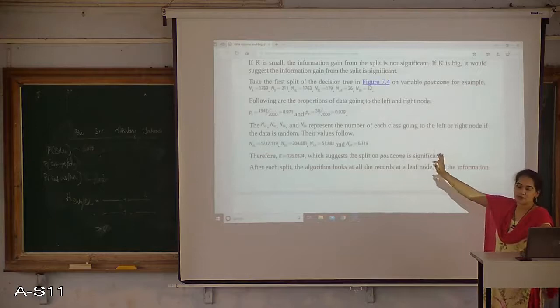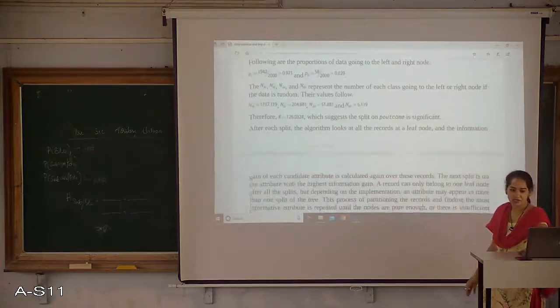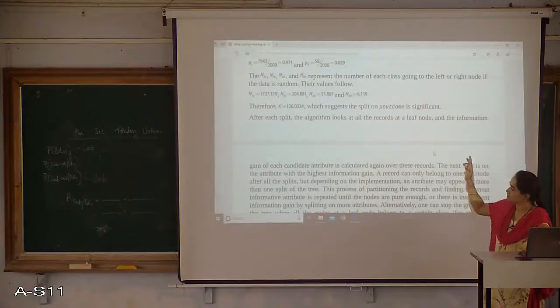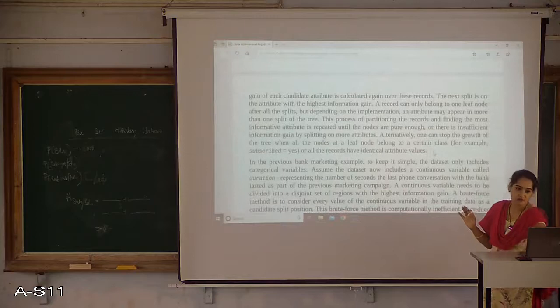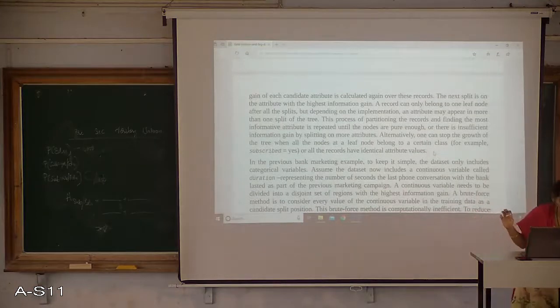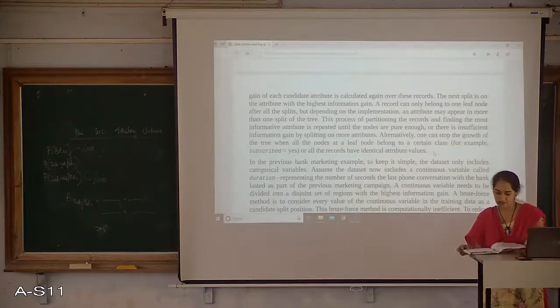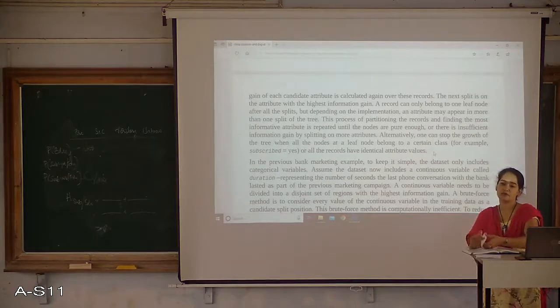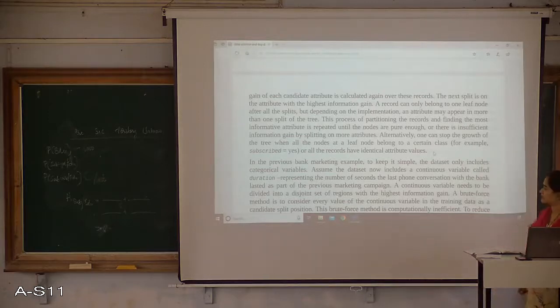Similarly, I will apply the same thing for the other variables and try to find whether the K value is significant or not. So this is how it is calculated. The K value is calculated to decide whether a particular attribute I am considering is significant enough to go for a split or not.